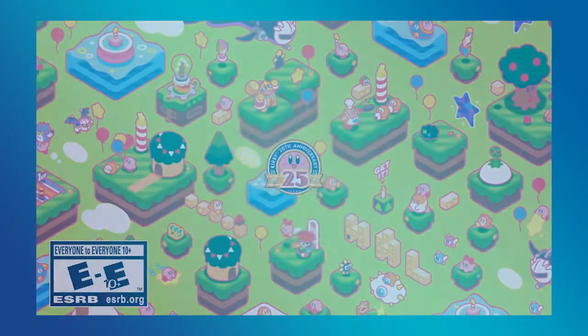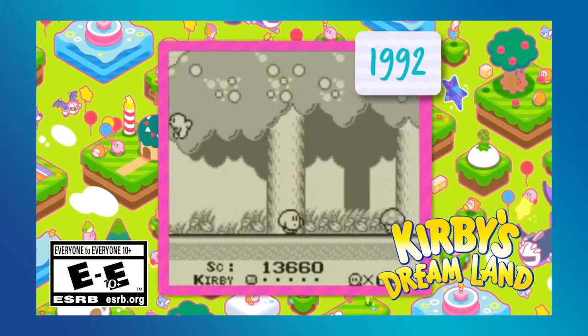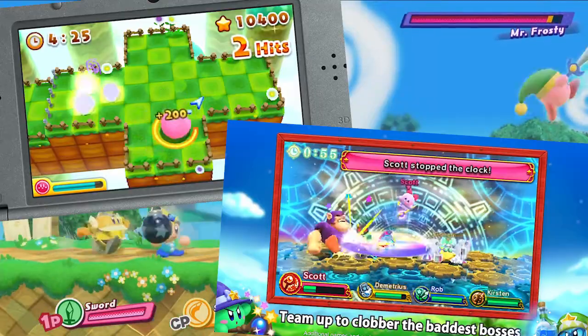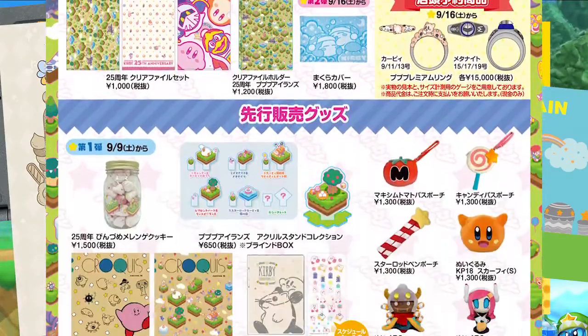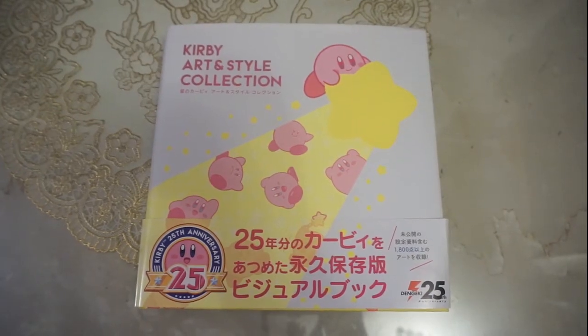Anyway, this year marks the 25th anniversary of the super tough Pink Puff, and Nintendo has really been going all out with the festivities, headlined with the announcement of Star Allies, a mainline game for the Nintendo Switch, 2 Planet Robobot side game expansions, and a full game spin-off title for the 3DS, tons of events and merchandise in Japan, and of course, a special art book, the Kirby Art and Style Collection, which we'll be